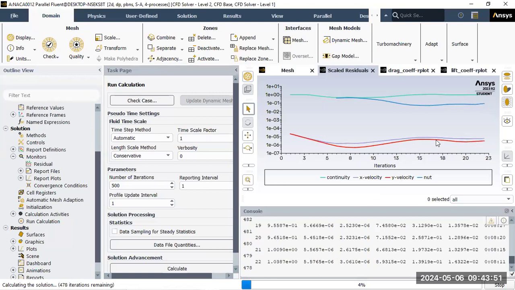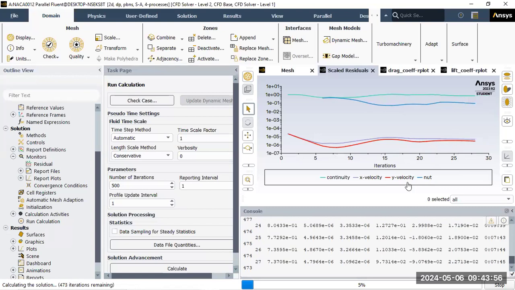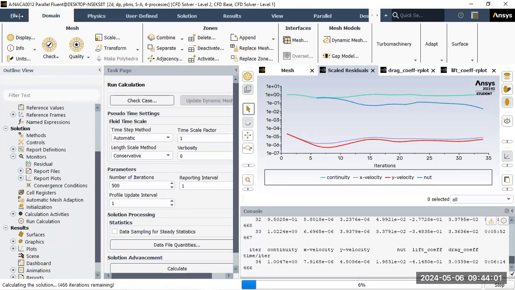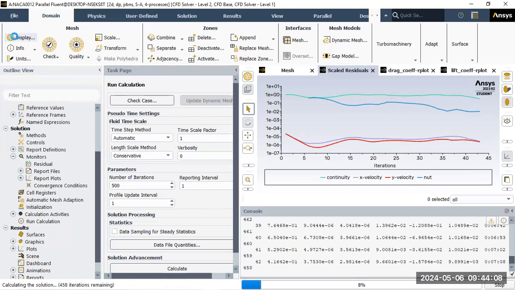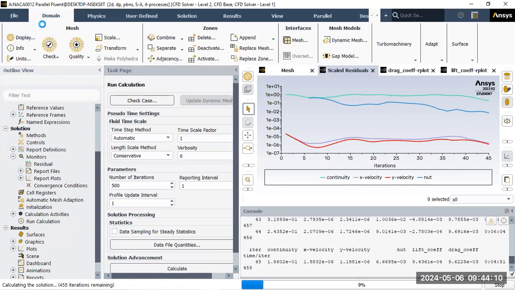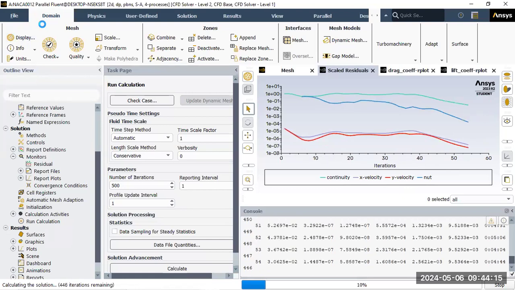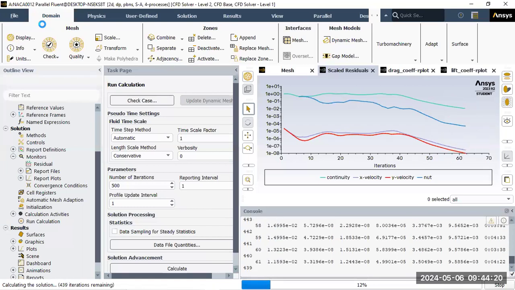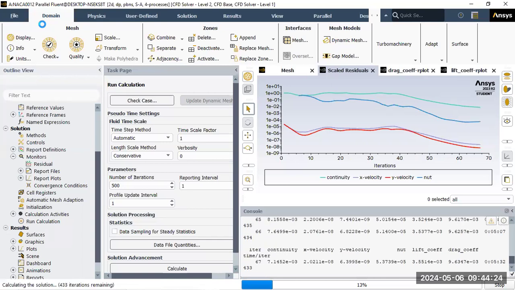Also, one more thing, once you are done with this simulation, make sure you write the case and data file. So how to do that? You have to just click on file. Right now I won't be able to click it because I'm running the simulation. But when you click on file, you will see one option of write. In that write option, you will see one option case and data. So make sure you write that case and data file and save it wherever you want, so that later if you want to, let's say, plot results and all, you can read those case and data files and you can plot the